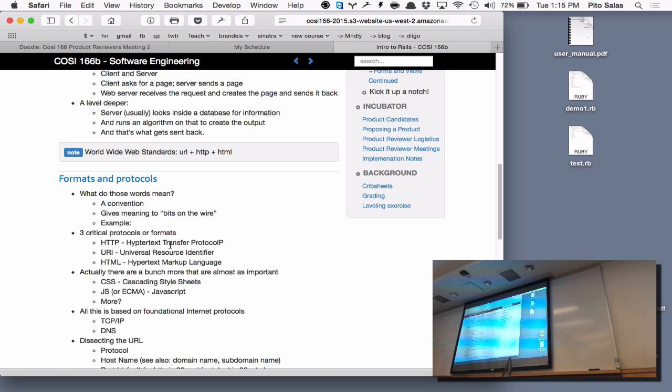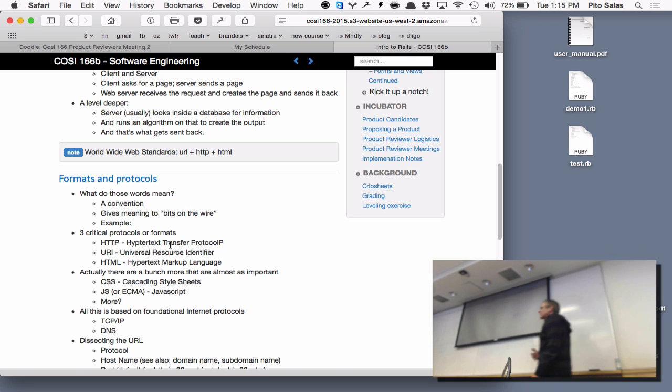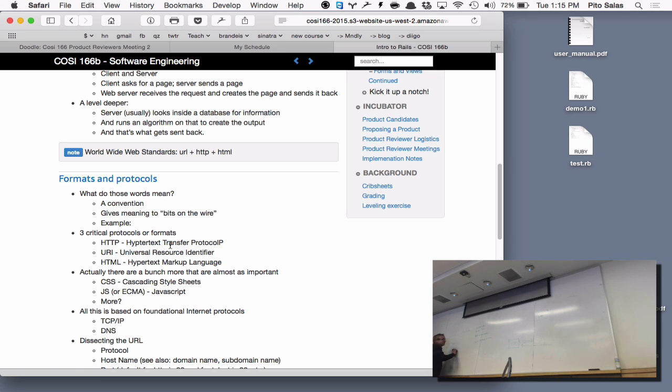Okay, the second standard, maybe I will turn this thing off again to get some more room. The second standard I want to talk about is HTTP. HTTP is very, very simple. One thing about protocols is that they tend to be stacked on top of each other, which means, I've used this analogy. Let's say I send a box and I address it and I write an address on the label for Brandeis. Okay, I don't know the address correctly for Brandeis, but it's something like, you know, Tito Salas,